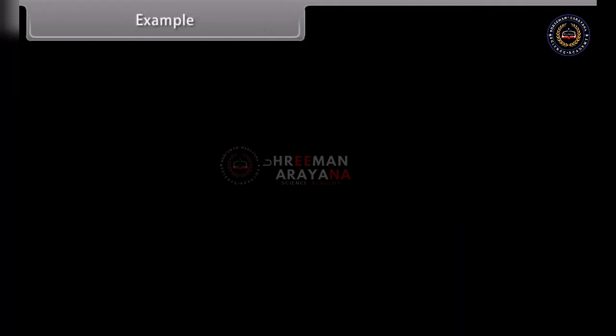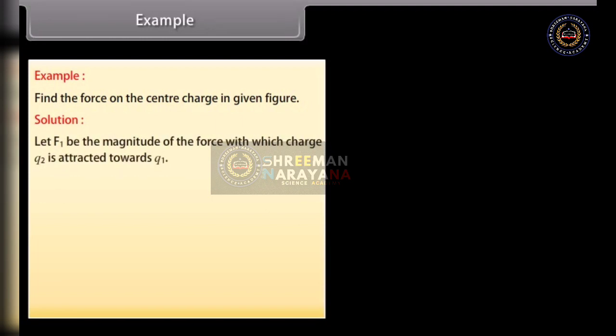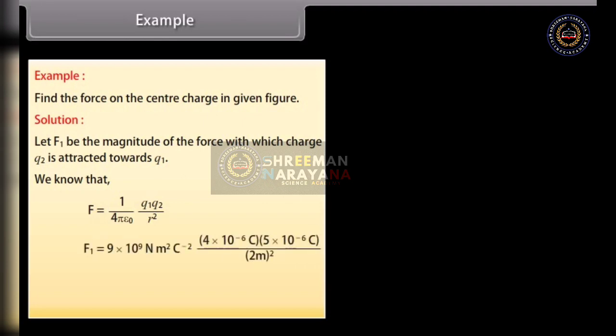Example. Let's take an example on Coulomb's law. Find the force on the center charge in the given figure. Let's see the solution. Let F1 be the magnitude of the force with which charge Q2 is attracted towards Q1. We know that F1 is equal to 1 upon 4 pi epsilon naught multiplied by Q1 Q2 upon r square. Put the values in this equation. We get F1 is equal to 45 into 10 raised to the power minus 3 Newton, which is equal to